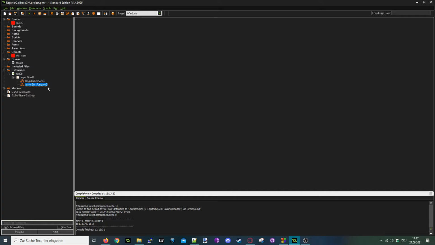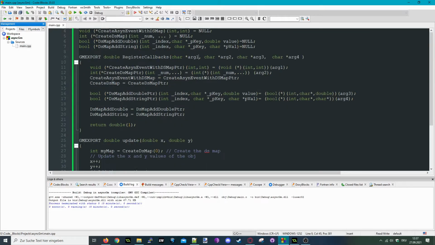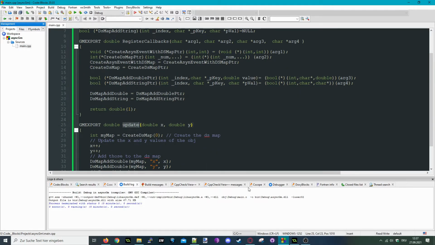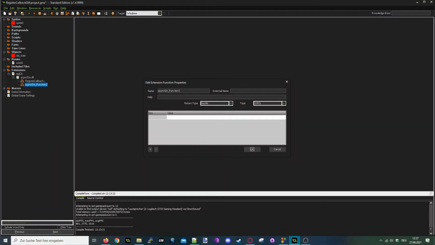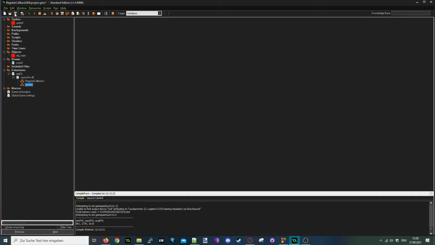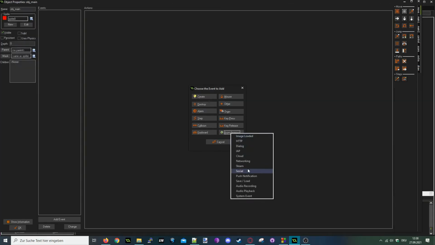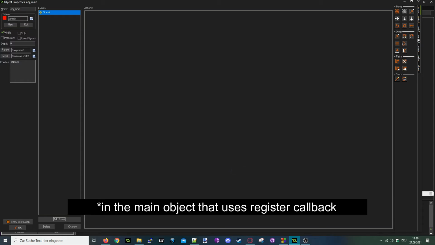Then add another function which we called update. So just paste it in here. And this one takes 2 doubles. So just click save. Now what we want to do is add a social event,